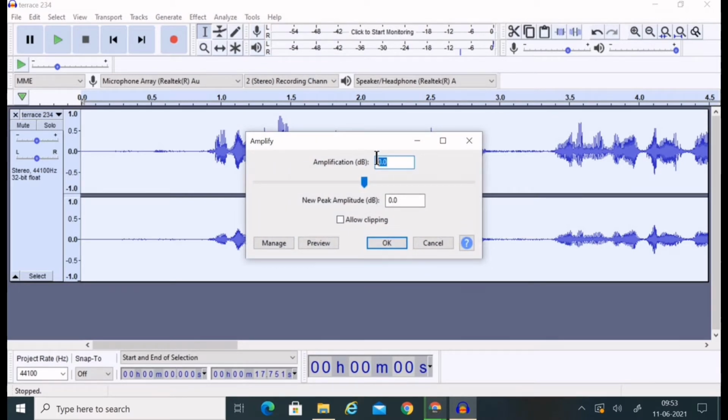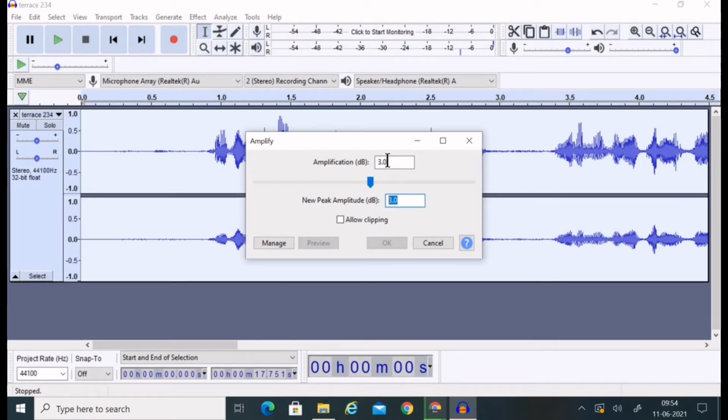Now there is such a thing called amplification. See, now also it has auto selected because the amplification factor is 0. Previously it had selected 7 based on that audio. Now it has changed. See, if you want to go for 3, it will also increase. It will have a much boosted effect on your voice.